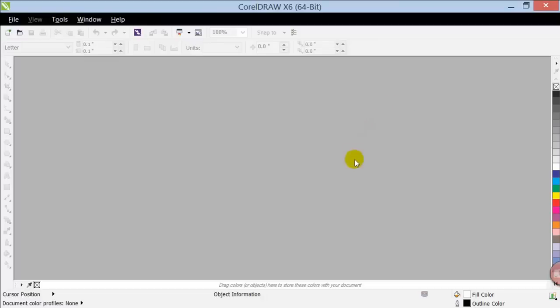We're going to use CorelDRAW for web images and web graphics, and then maybe later on, if we have time, we're going to talk about creating a GIF animation. So when you are creating graphics for the web, just make sure you are using Pixel